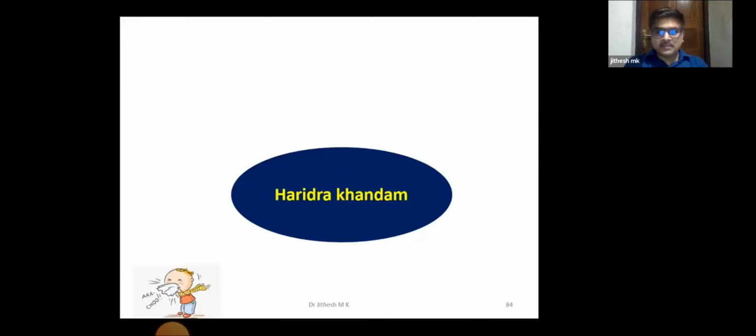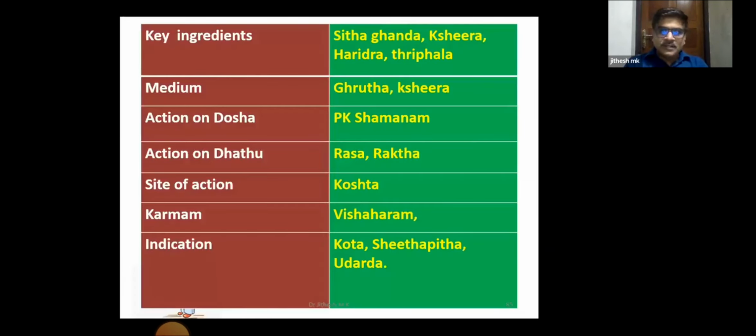Now, by comparing this, by analyzing this Haridra Khanda, we'll stop this. So, the ingredients are Haridra, Triphala, Ghrita, and Kshira. It is also Pitta Kapha Samana, and it has got Pitta Kapha Samana yoga. The site of action is nothing but Koshta. Karma means Visha. It has got an extra indication, that is Vishahara, because the indications are Kodha,